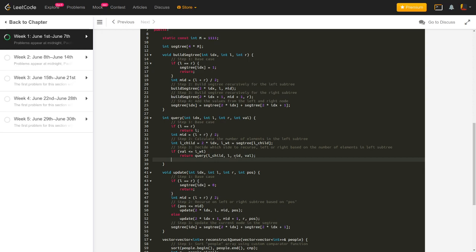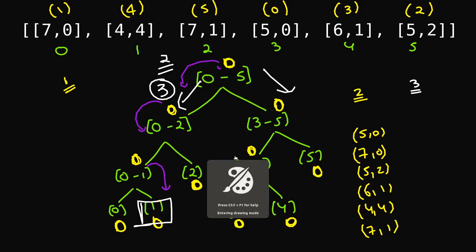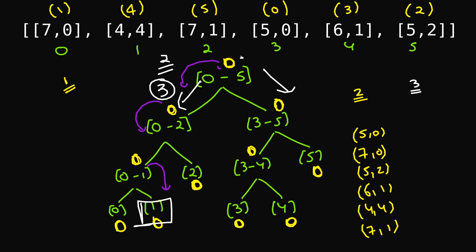But if that is not the case, that means I'm completely ignoring the left part. For example, if I'm at this particular index and I'm looking for the fourth one, and the left child has a weight of 3, it makes no sense to actually look in the left subtree, right? Because I'll only be finding 3 ones in the left subtree. So that's why I need to go into the right subtree.